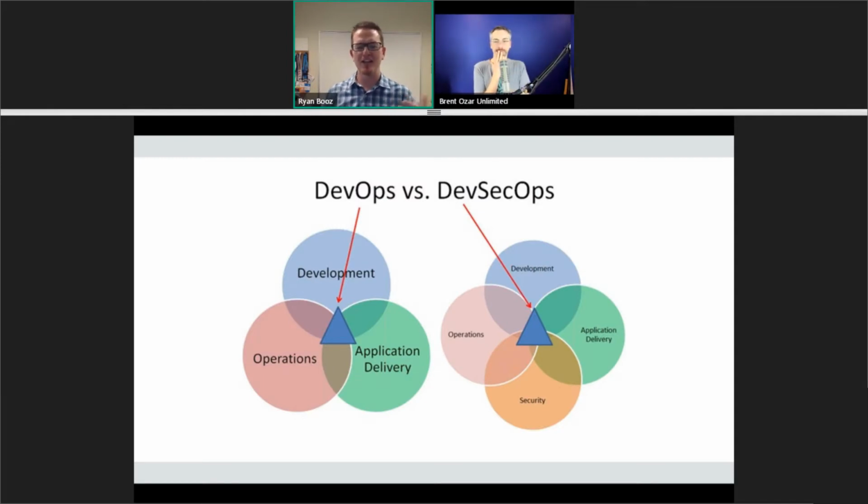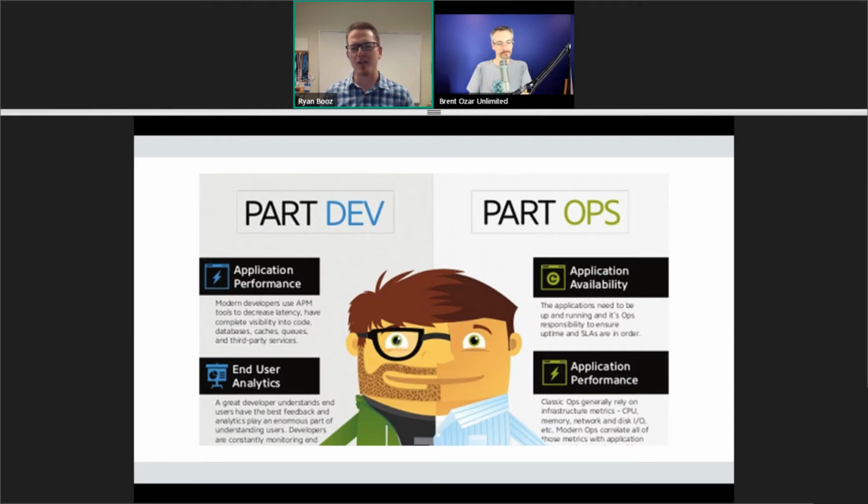We want to see where the overlap of all these disciplines is and try to identify what this DevOps thing really means. I found this one, I thought it was funny. It's the exact same as that first Venn diagram, but it just looks a lot cooler. I feel much cooler as a developer if I'm this guy. That just makes me happy.